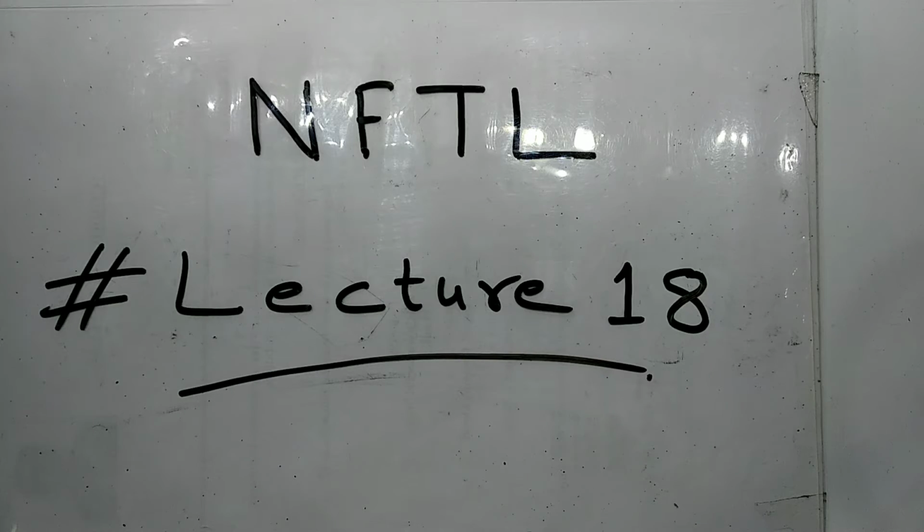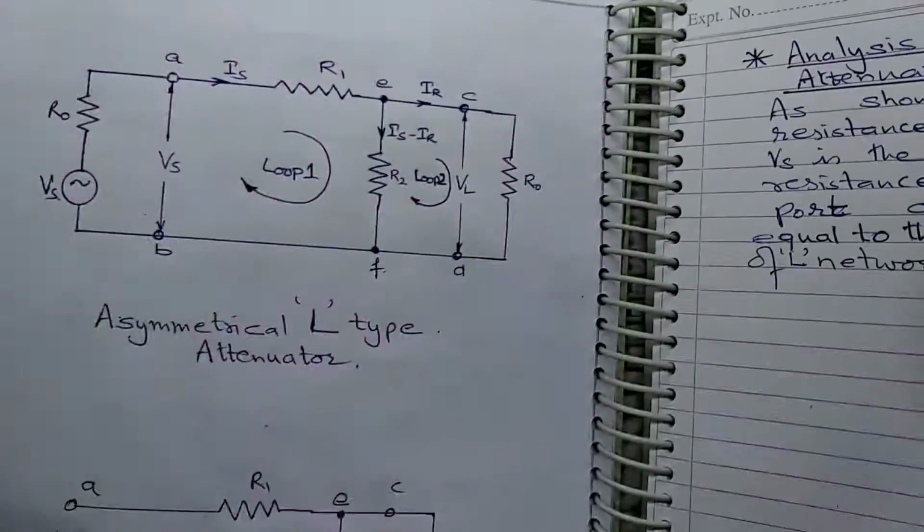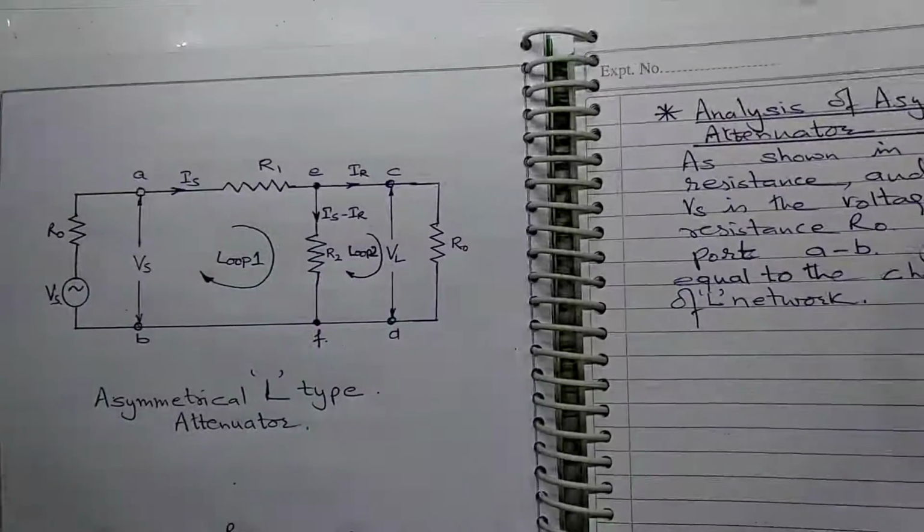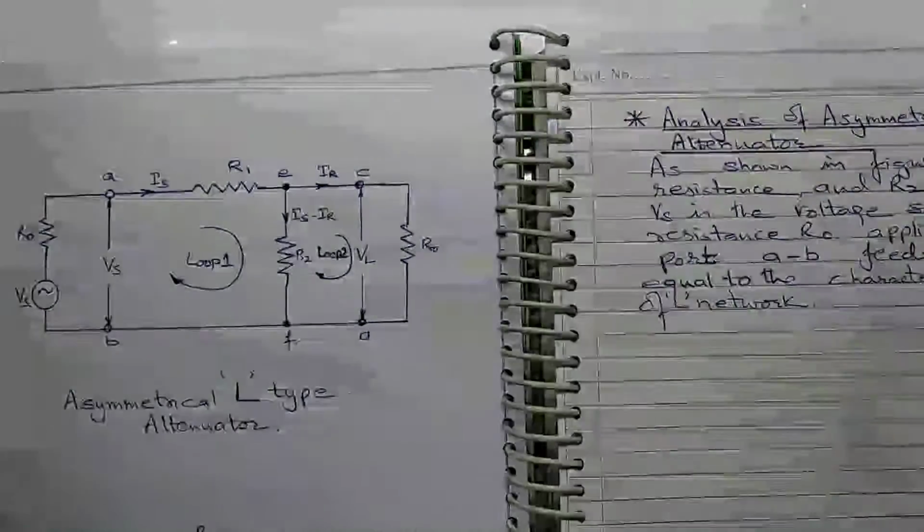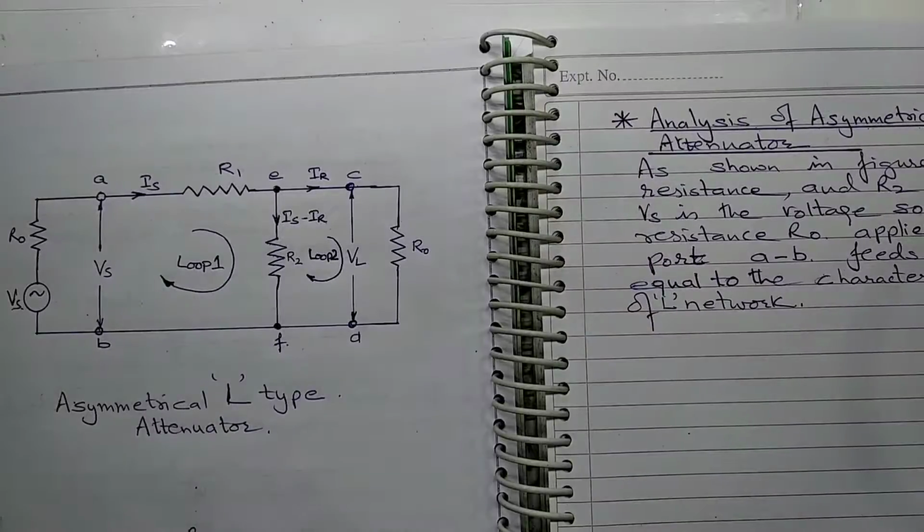Good morning, students. Let us today start with lecture 18 of NFTL, that is analysis of asymmetrical L-type attenuator. The asymmetrical L-type attenuator circuit is shown in the figure. As shown in the figure,